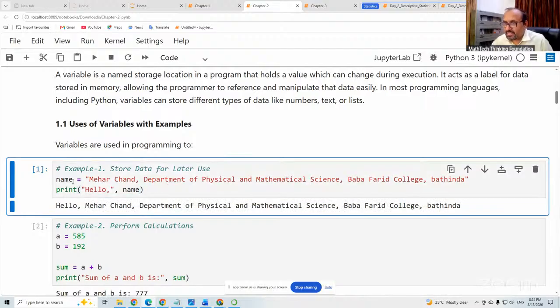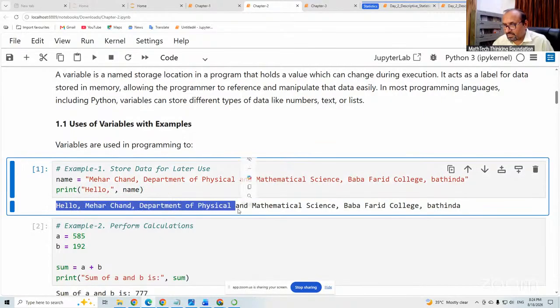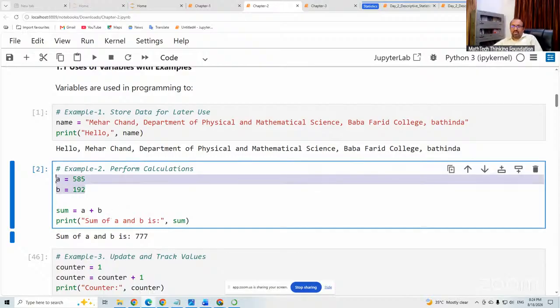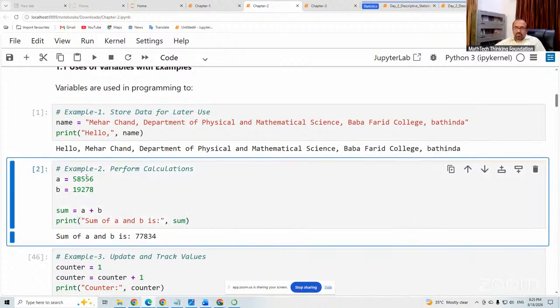Here you can see the variable name is name, and this is the information. Here I write print hello comma name, and you can see this message. Similarly, you can perform calculations. We choose two variables, and then apply an operation, a plus b. You can extend this formula or operation according to your desire. You can manipulate all these values and update the variable values. I can use this value and extend it; these are new values. The operation I apply here is a plus b, so the addition of these two values will be stored inside this variable. And here is the statement, sum of a and b is, and the updated value is used at this place. When I execute, you can see the sum of these two values is